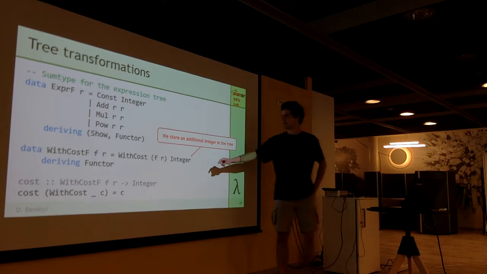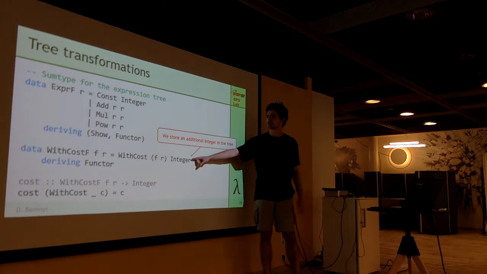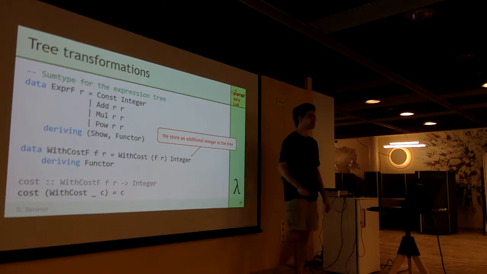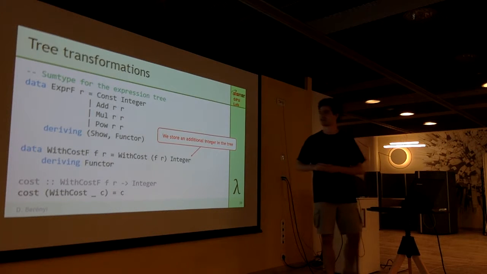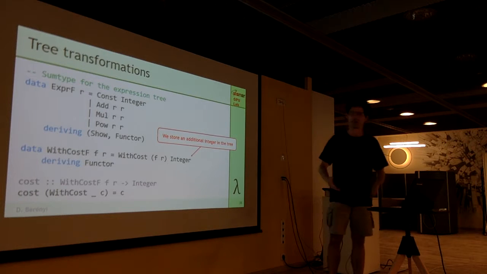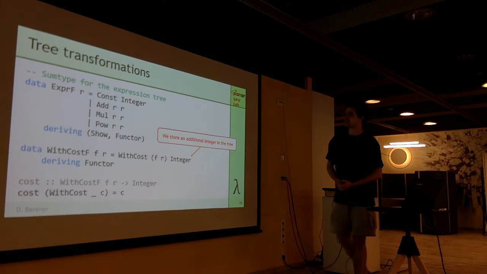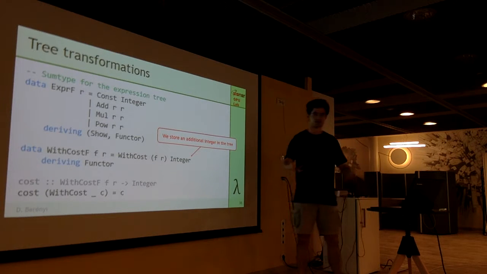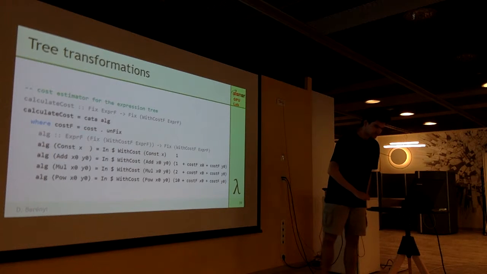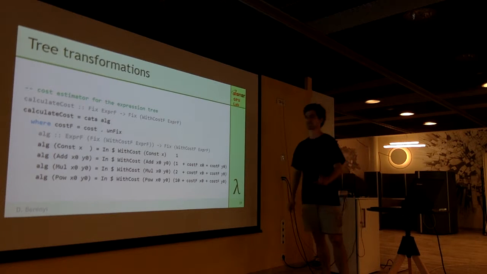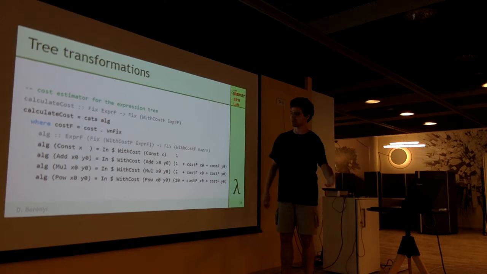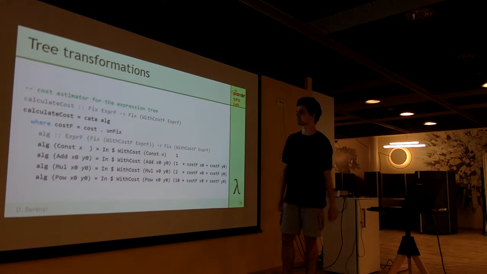And we are adding one more piece of information to this type, an integer that will represent the computational cost of the level and everything below it. And we will be filling out this integer starting from below, from the constant nodes. Our logic will, of course, be a catamorphism, because we are starting from beneath, from the deepest parts.